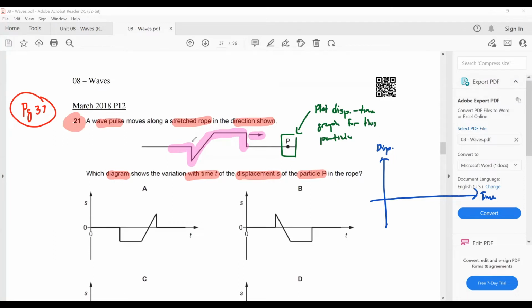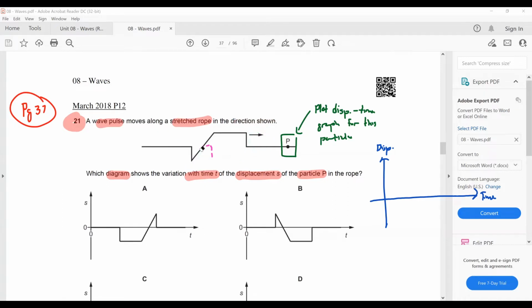This wave profile, the one that I've highlighted in pink here, will gradually move towards the right. So if, let's just say right now it looks like this, a short instant of time later, it will look like this. And then another short instant of time later, it will look like this. Okay, so you look at which part of this wave will reach point P first. Okay, so if I rub off everything now,